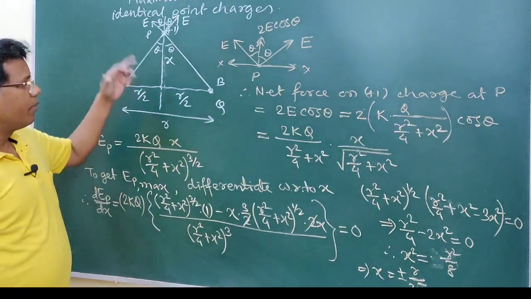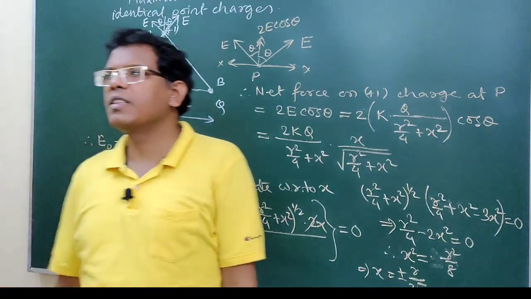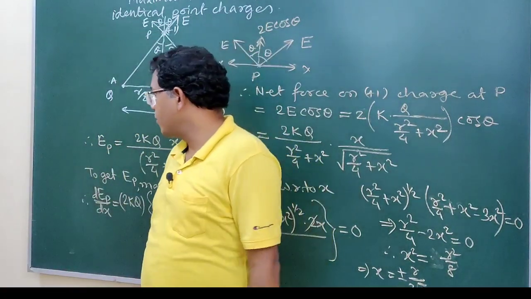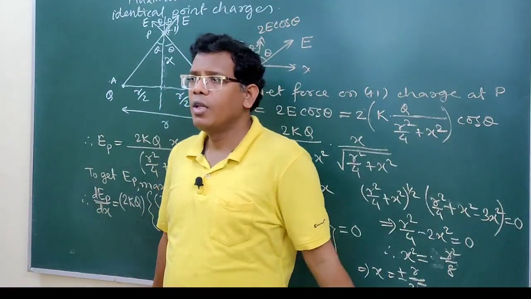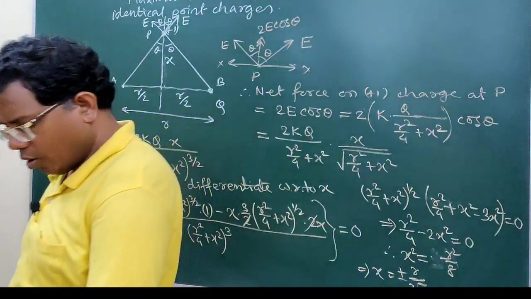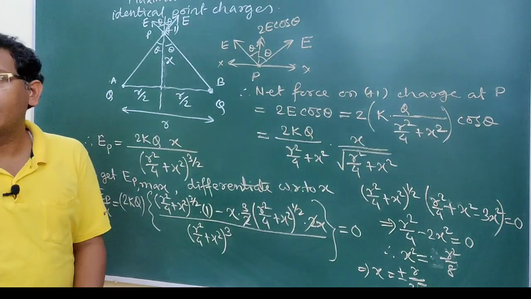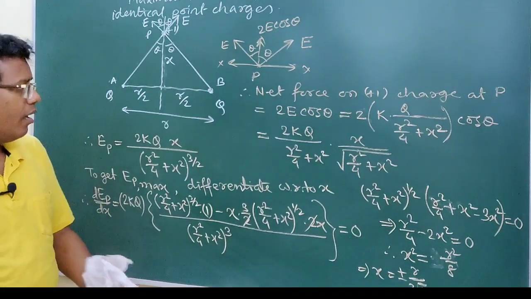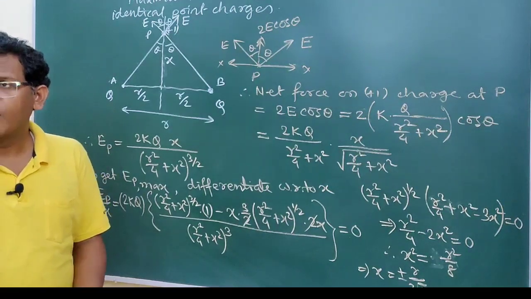So we got the minimum and maximum electric field arguments for one pair of identical charges, and apart from that we have discussed the null point, that is the zero field position due to given charges. Okay, so many more points are there in this chapter, and as I said, this chapter will be very similar to the gravitation. Okay.